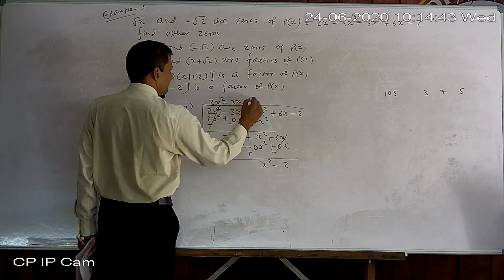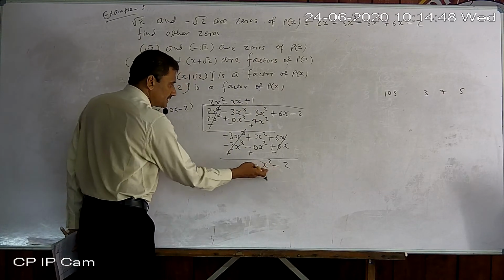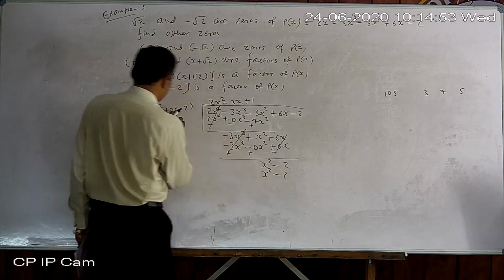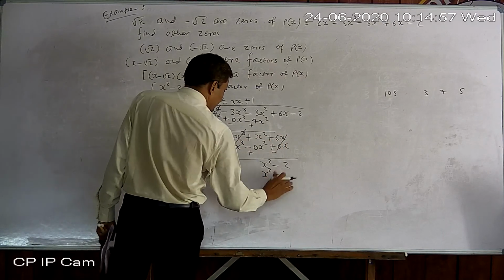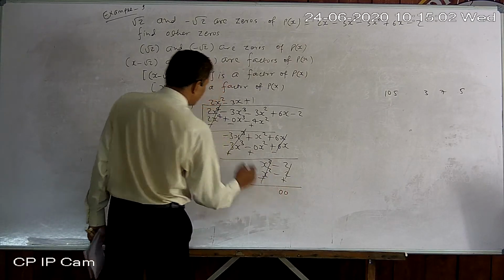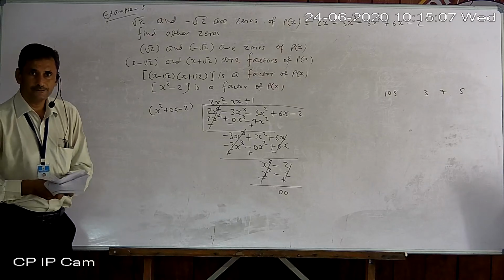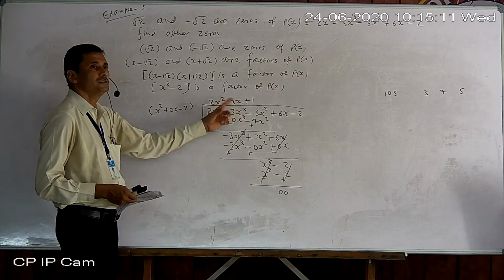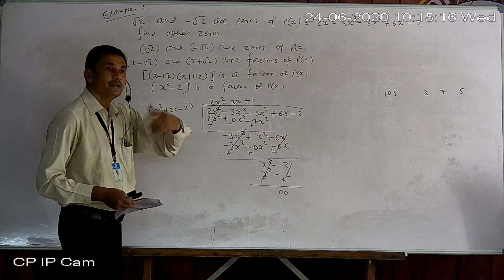So just write by 1 only, because only the divisor polynomial itself is here. So multiply by 1. So x square minus 2. No need to write this one here, because that term is already cancelled. Now opposite. Minus plus. That one. Always, whenever we divide by a factor, the remainder will always be 0. So we get the remaining factors here. So we have to factorize it again and find the remaining 2 zeros.